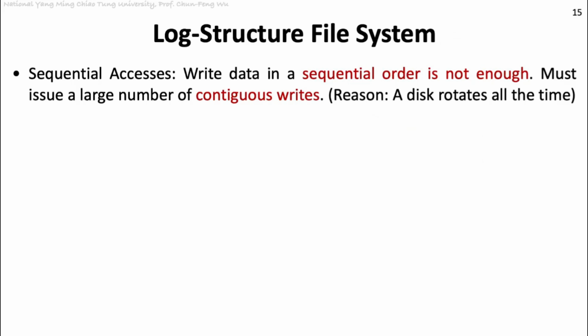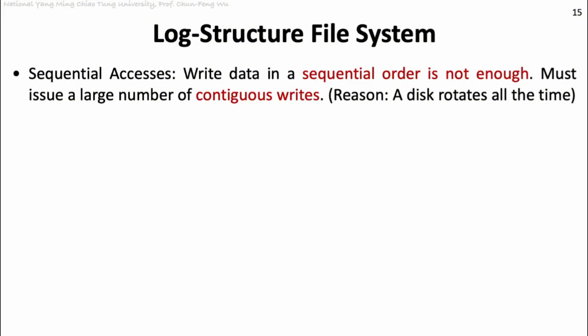Actually, there is a subtle difference when we talk about sequential access. The scenario is like this. If we write data in a sequential order on the hard disk drive, even if it is sequential order, this is not enough. The reason is that the plate on the hard disk drive rotates all the time when we power it on, right? So when we say we are going to write data in a sequential order, for example, three files, file 1, file 2, and file 3,